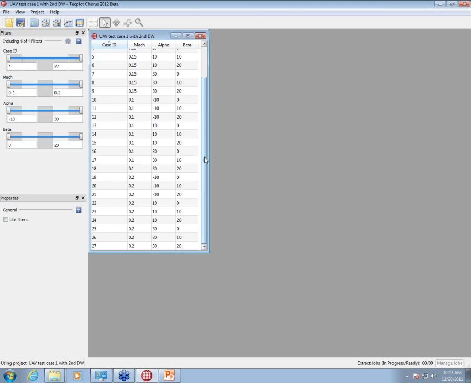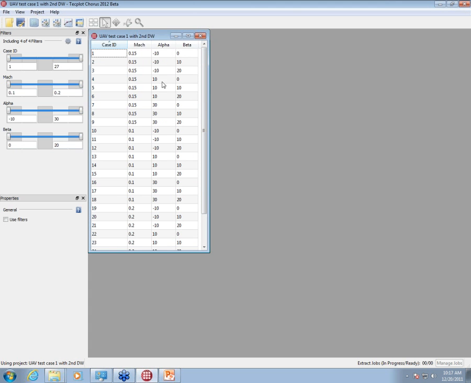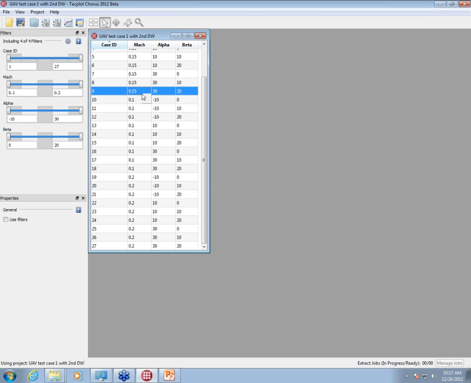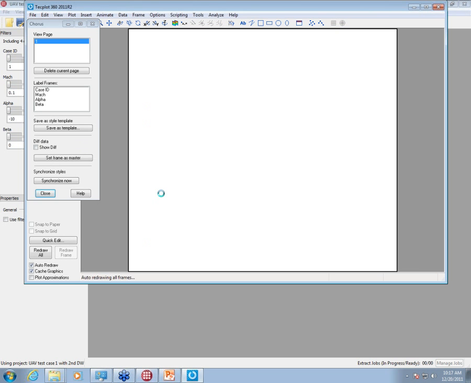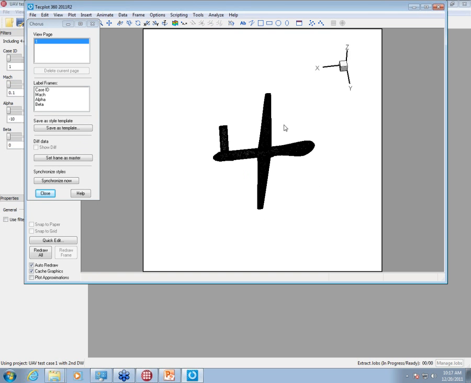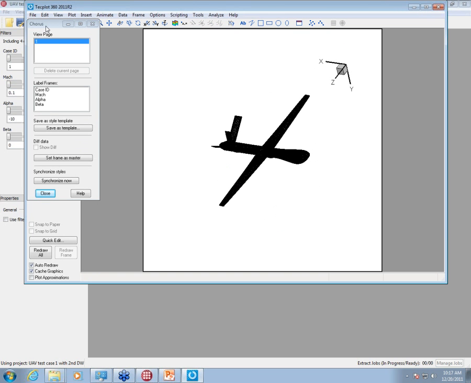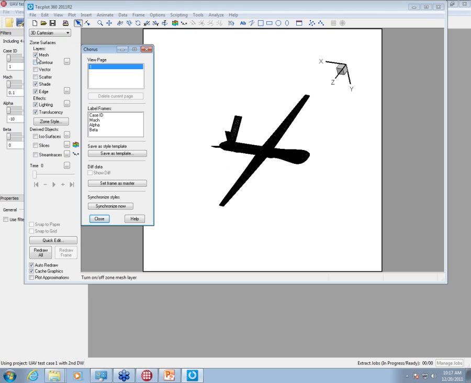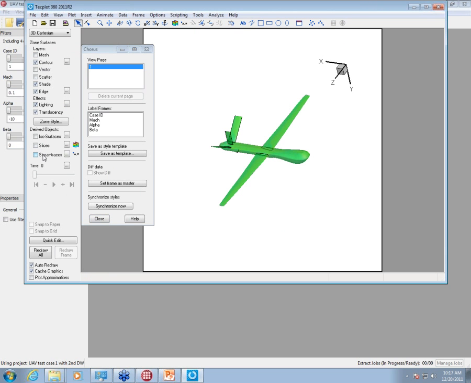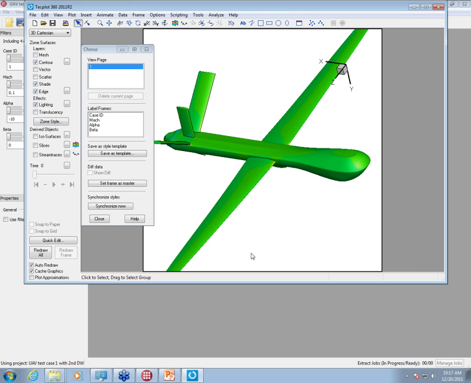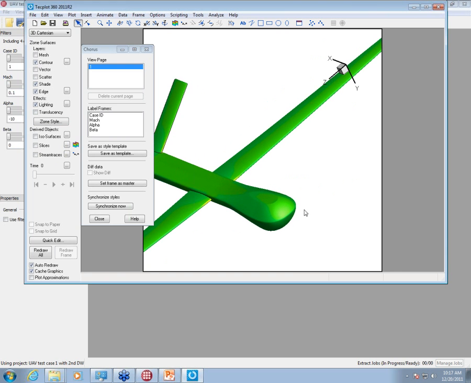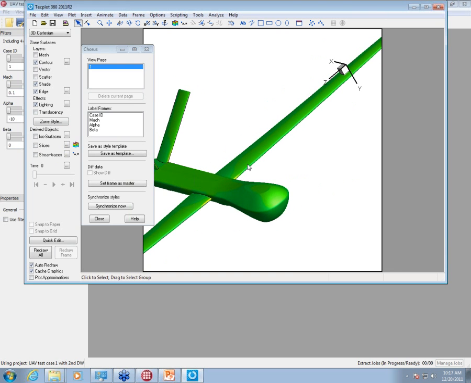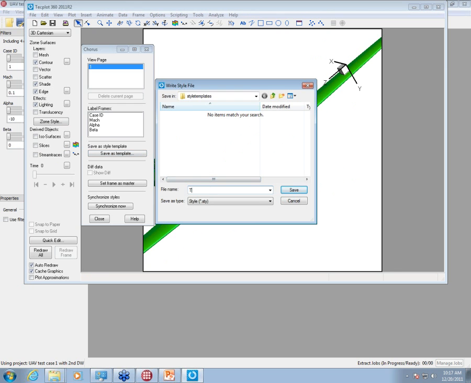And what we have instead of a directory full of file names is we actually have, as you can see, a series of entries into our database. And if we now go to just one of them here, and we'll start off with just a simple example, we're looking at that same model, but it's tied now to my database, so that if I set up a simple, say, pressure contour on the wing, and say find a standard view that makes sense, like say maybe we just want to start with a simple view, edge on, leading edge. I'm going to save this template as T1P,